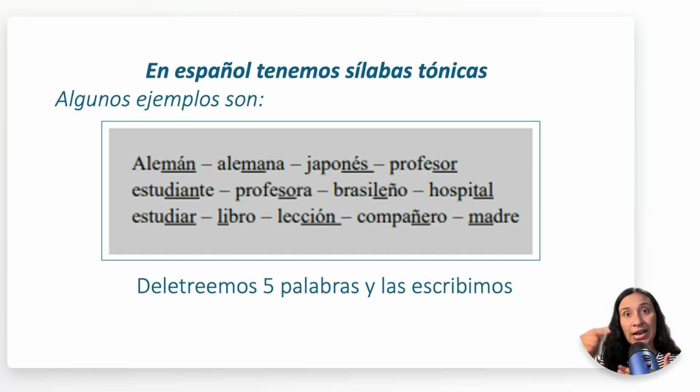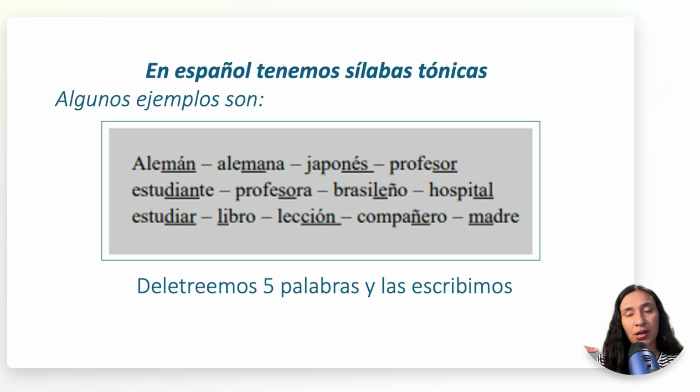Japonés, so the accent mark is in the E in the last syllable, so we say japonés. Profesor, estudiante, profesora, brasileño, hospital, estudiar, libro, lección, compañero, madre. So basically in this example, and this example is also taken from the same book that we mentioned in